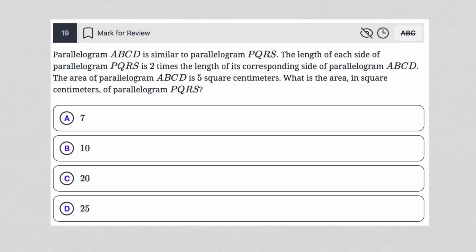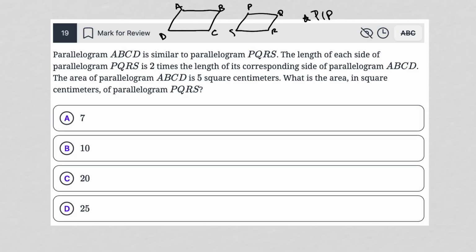So this question says parallelogram ABCD is similar to parallelogram PQRS. Whenever I see that, I'm going to think plug-in picture because it's describing something that can be drawn. So I'm going to draw two parallelograms and label them. Right? So I'm going to say this one is A, B, C, D, and this one is P, Q, R,